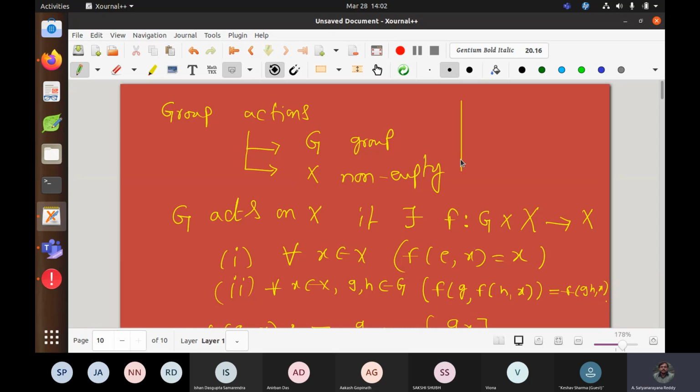In future you will see that group actions will come up everywhere in mathematics. Later you will see that actually a group action is going on. Manifolds, many things will come. For example, SL_n(R) acts on the upper half plane. In complex analysis, when you go to conformal mappings, they are acting on the complex plane. Like that, group actions will come into play everywhere. But your question is a valid question.